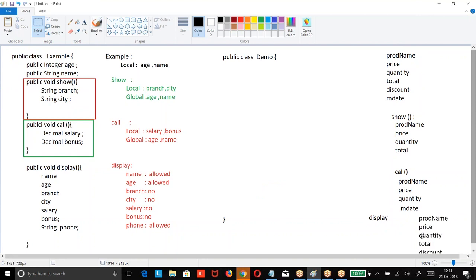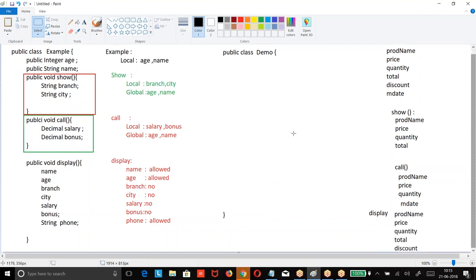Now tell me how you define. Now if the same data needs to be used in multiple scopes, what should I do? Should I define them within the scope? If you want the same data to be used in multiple scopes, you should not define within the scope. So how do you define it now?